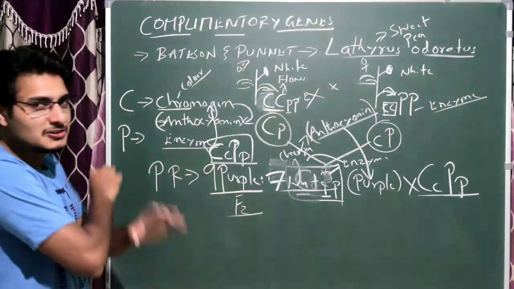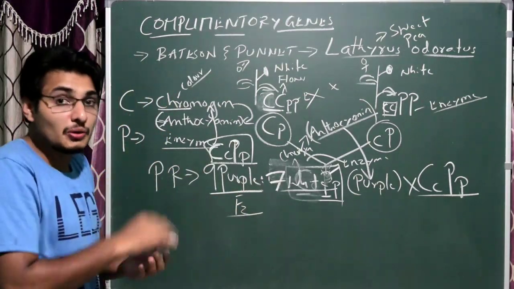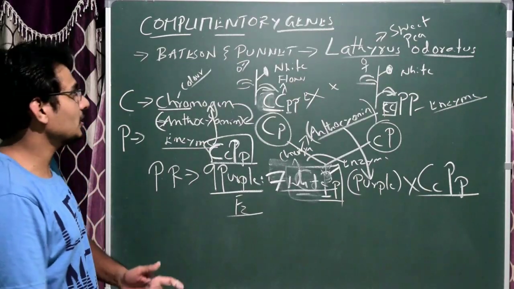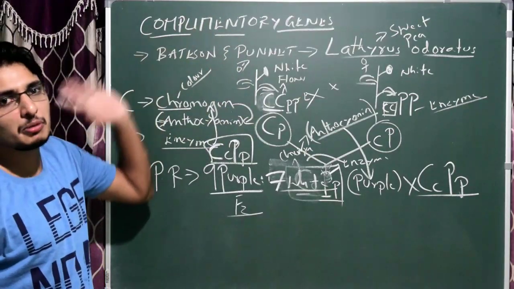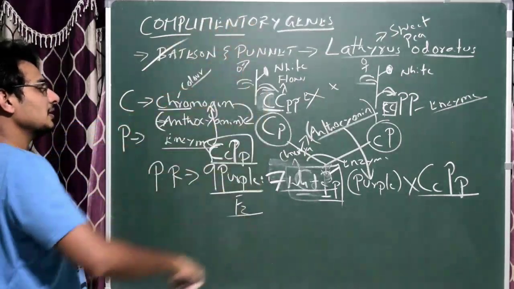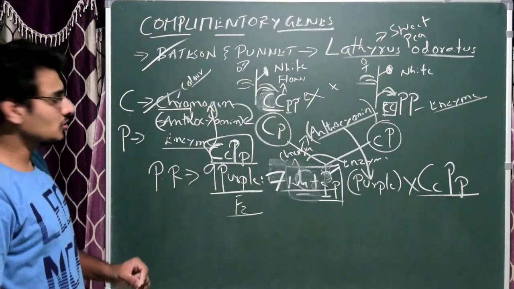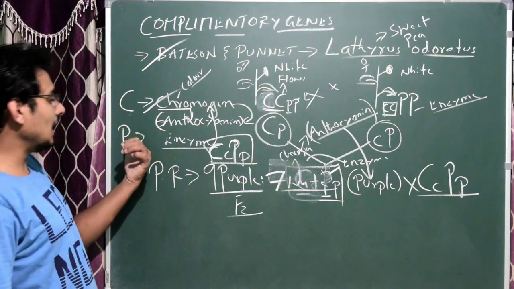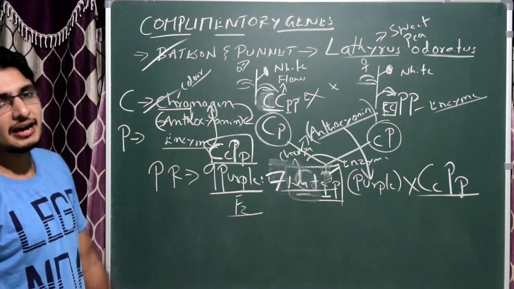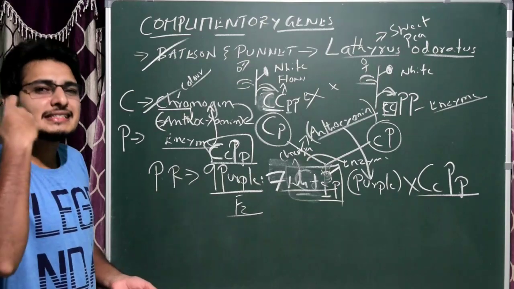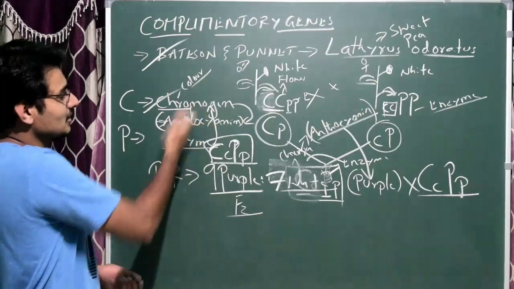Please remember it. So now hope you understood it. So you have to remember a lot of phenotypic ratios. Please remember it. Please practice it. There is no confusion here. It is complementary genes. Remember, Bates and Punnett, and then chromogen, obviously anthocyanin. In some books they have given it as the P is responsible for the production of anthocyanin. No, chromogen is nothing but a color releasing chemical. Actually the color is nothing but anthocyanin.